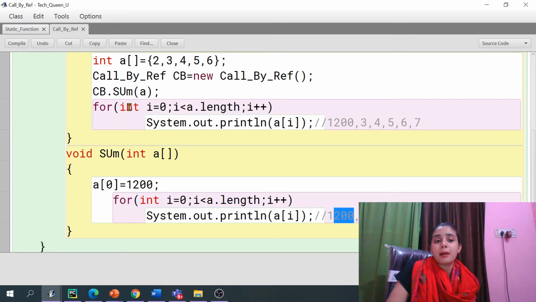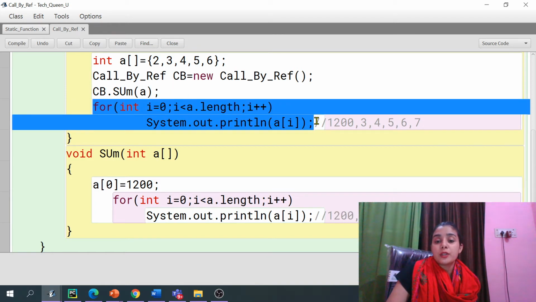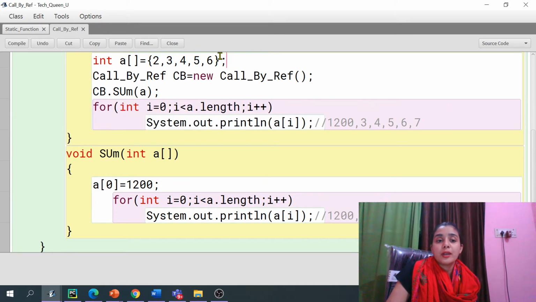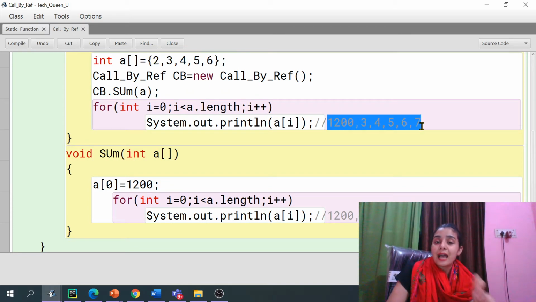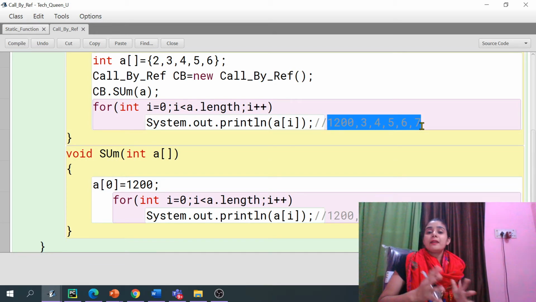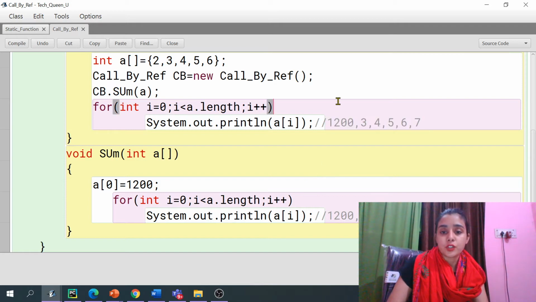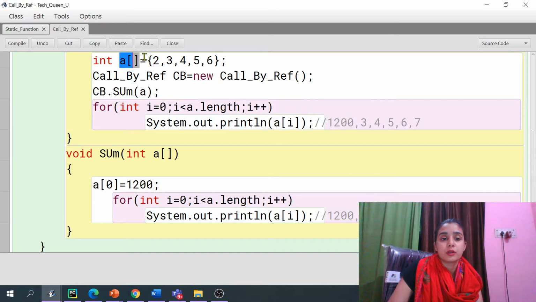Now you are coming back to the main function. If you try to print that, what are you expecting? This value, or this one? Exactly. This is the meaning of a function call by reference. Here the original object will get reflected if you make any changes.